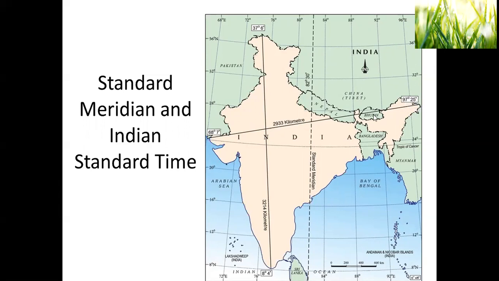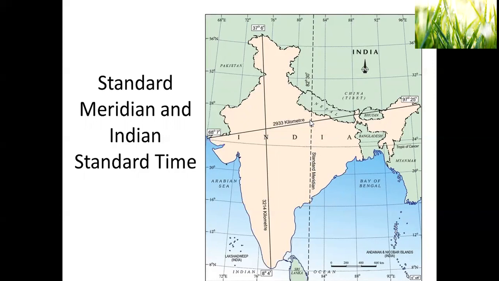From there till the sun comes to this end, there is about a 2 hours difference. So, for example, if it is 5 o'clock here, the same sunrise will be here at 7 o'clock. A country cannot have two different times at two different areas. So, to avoid confusion, our geographers have taken the middle longitude, that is the standard meridian of India. This standard meridian passes through a place in Uttar Pradesh called Mirzapur.